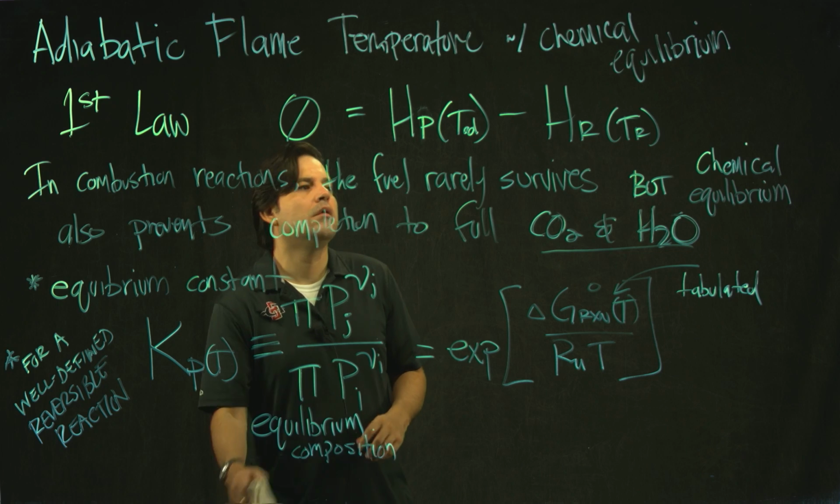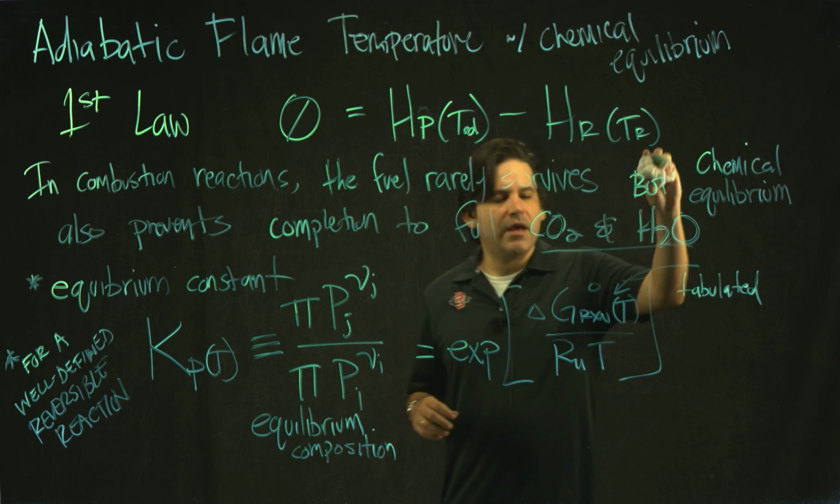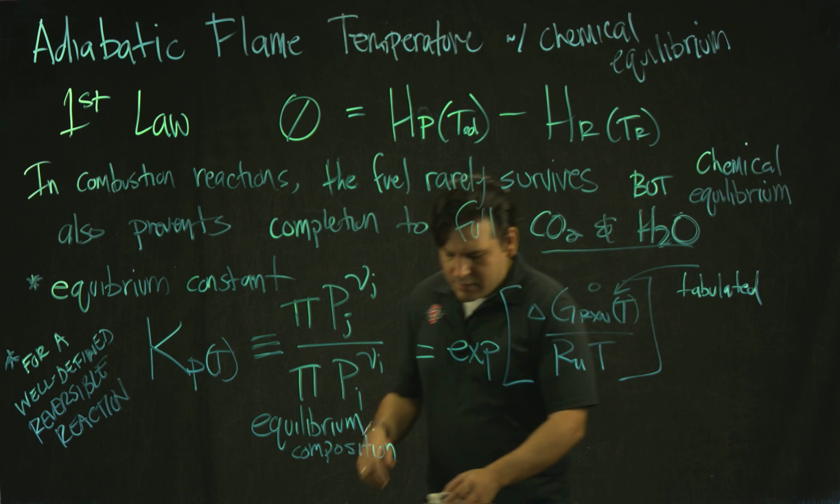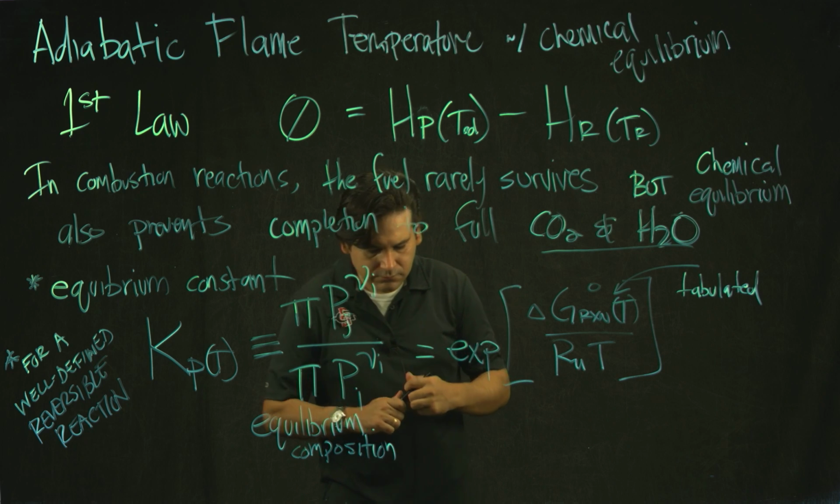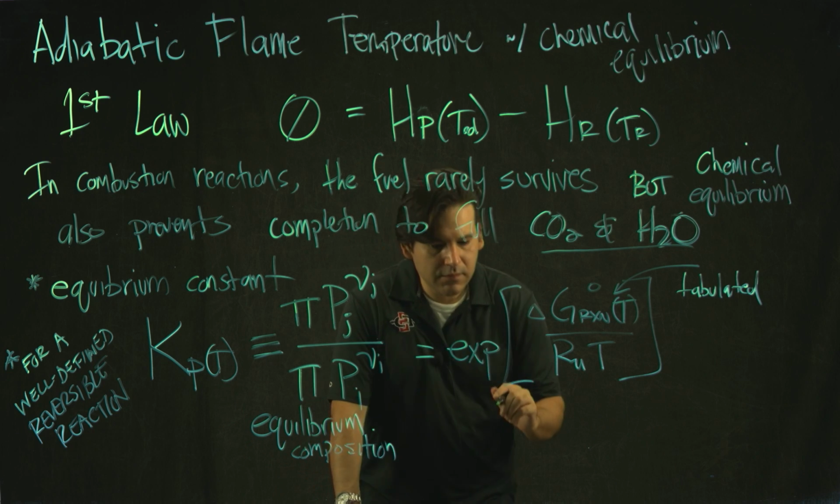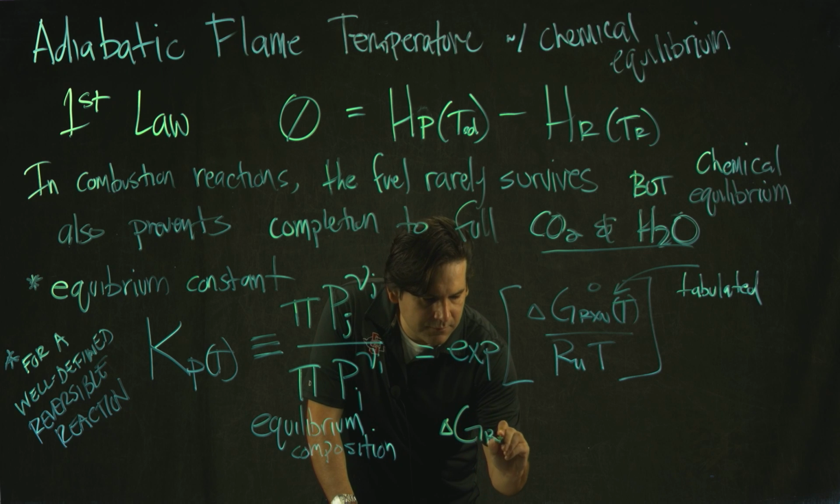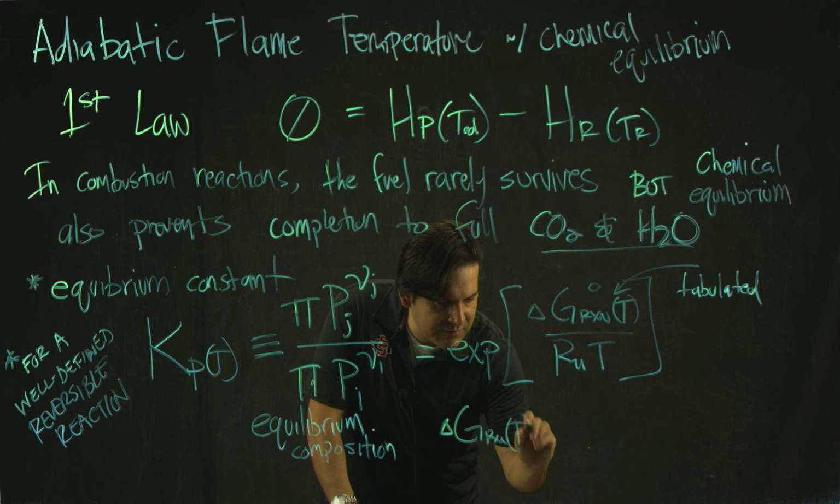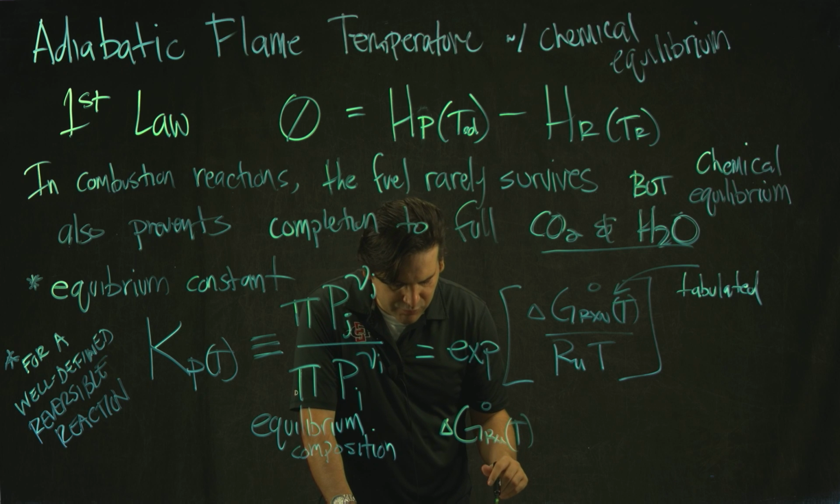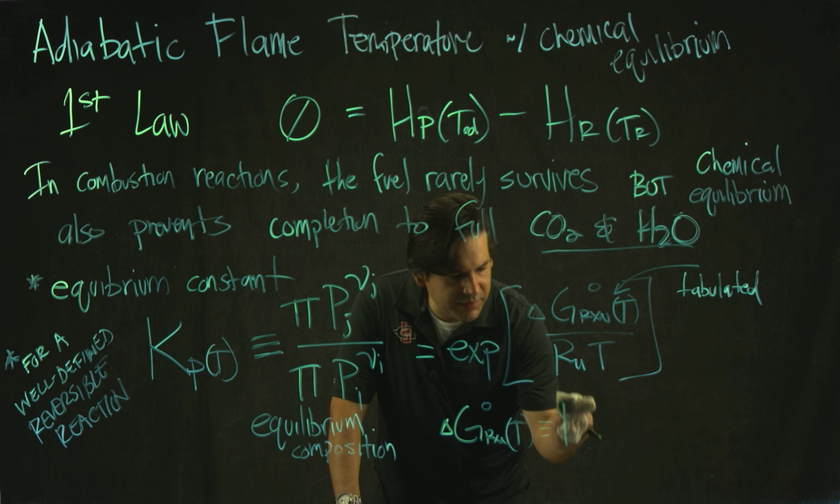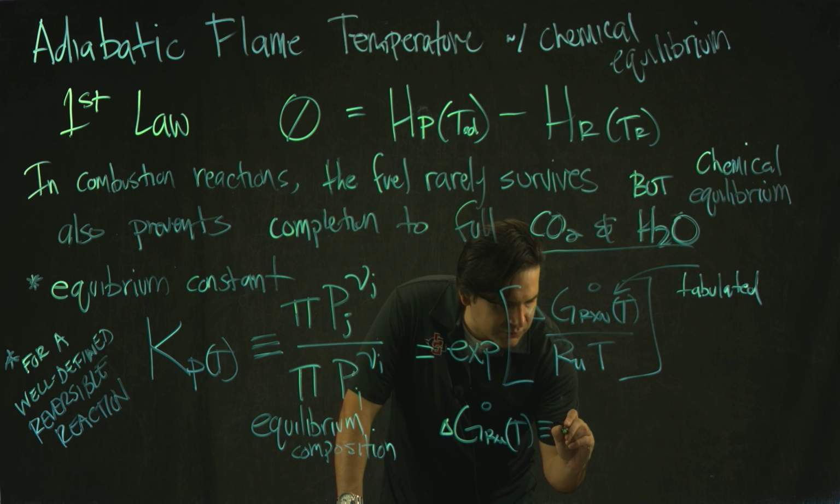So let's write it out. Okay, I'll write it here. So delta G of the reaction at a given temperature under 1 atmosphere standard pressure equals, by definition, the change in enthalpy that's related to